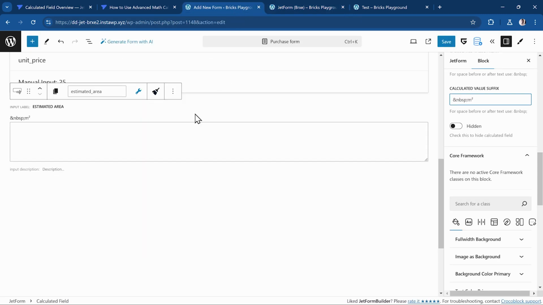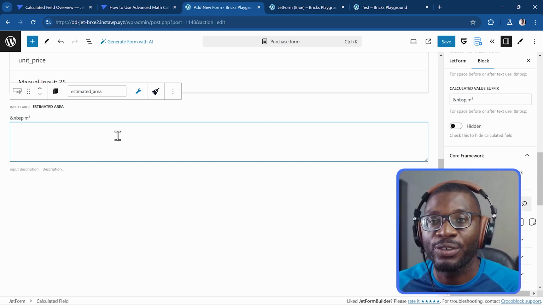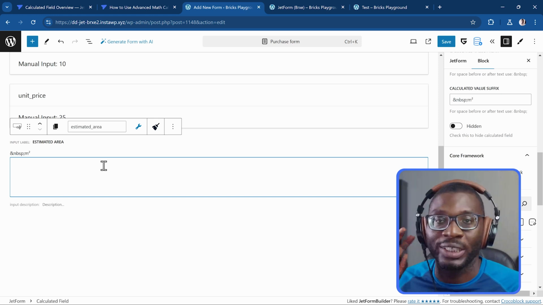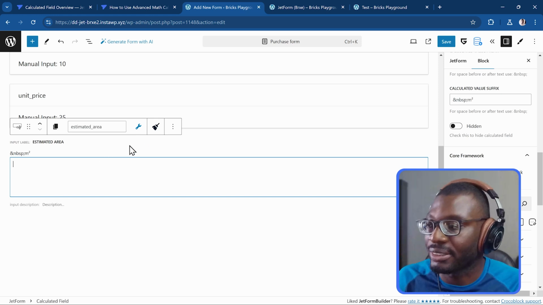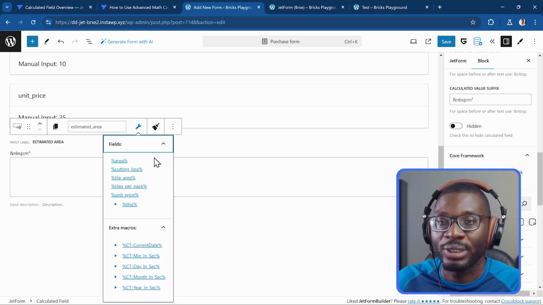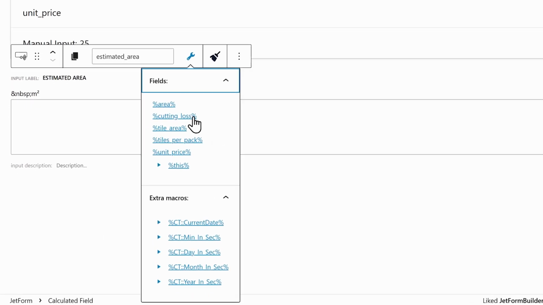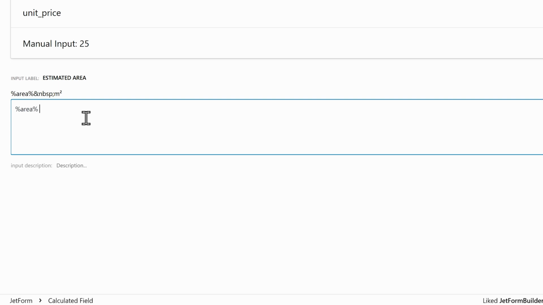So next now we add the actual calculation. So we'll come to the editor area, into the text area field, and that's where we add in all our calculations. When we want to use a form field value, use the percentage sign, then the form field name, then we close it by the percentage sign. You can easily get your form field name using the wrench icon, and then it shows you a default set of form field names that are already on the page. So for this case, we want the area, then that'll be multiplied by, use the asterisk symbol, put in bracket 1